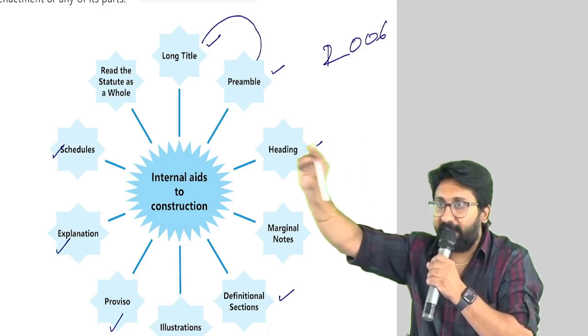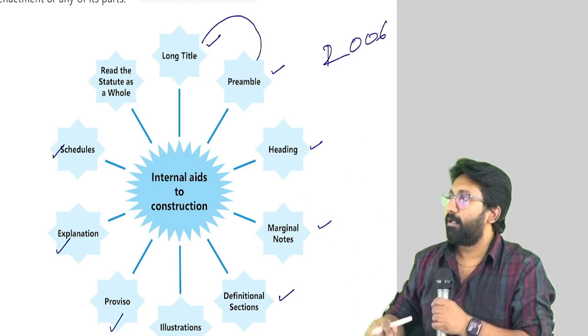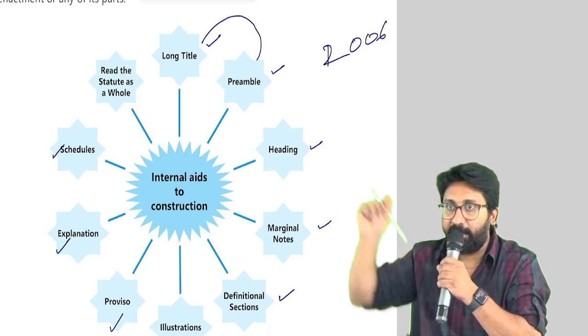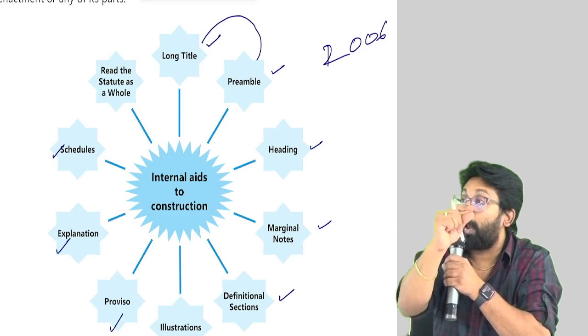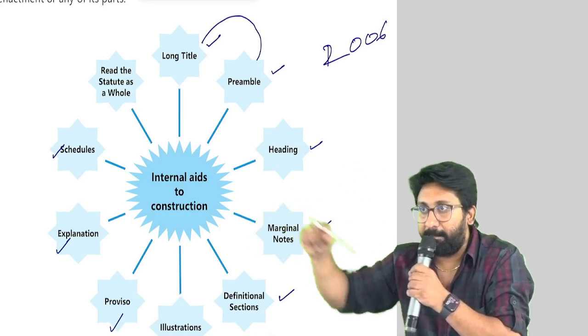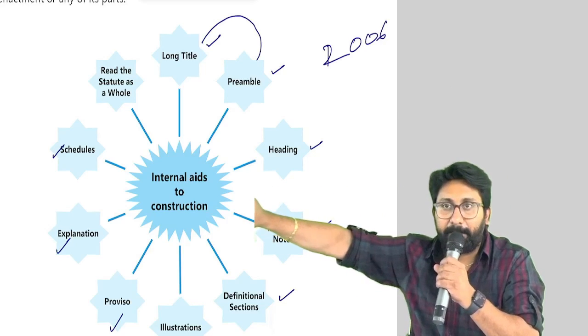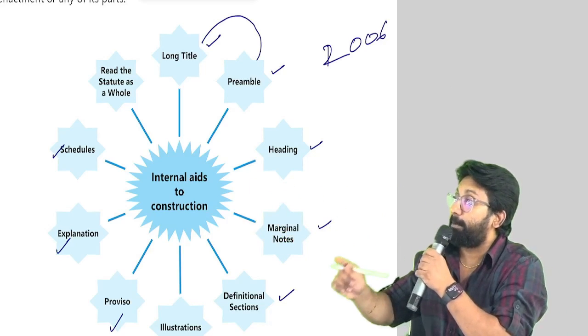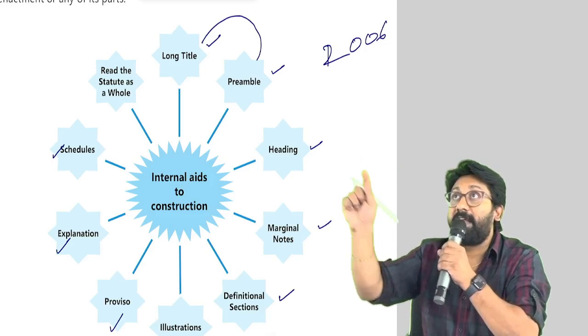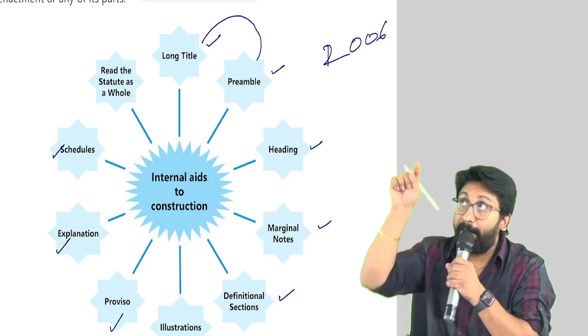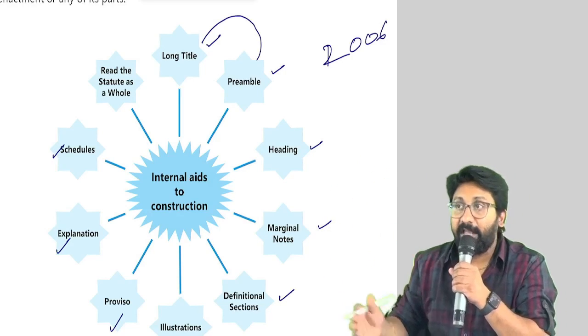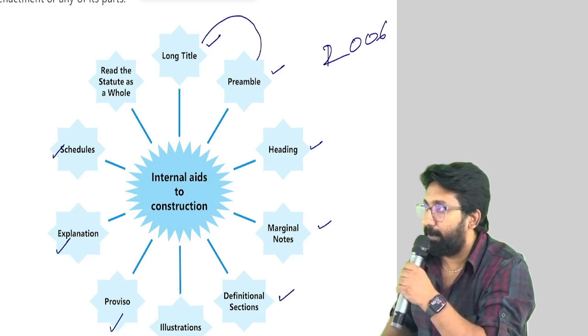first there was the heading with the name of the act, the short title, the Companies Act 2013. In the brackets, they used to write a small line, the preamble. Below that, again, they used to write a big preamble. At that time, people used to say the name of the act is called the short title, the bracket content is called the long title, and the full explanation is called the preamble.